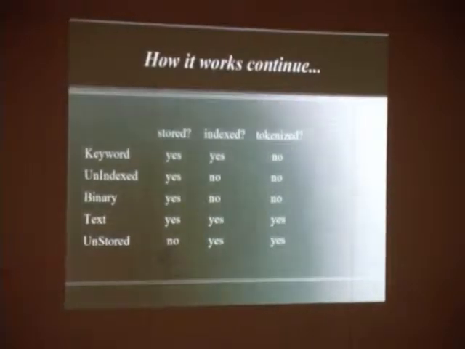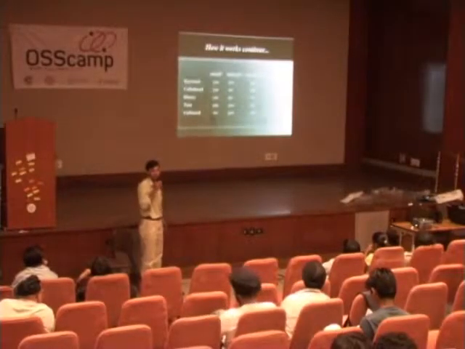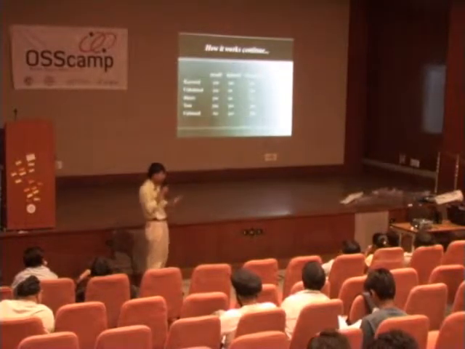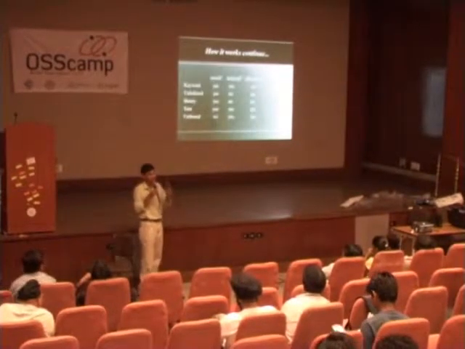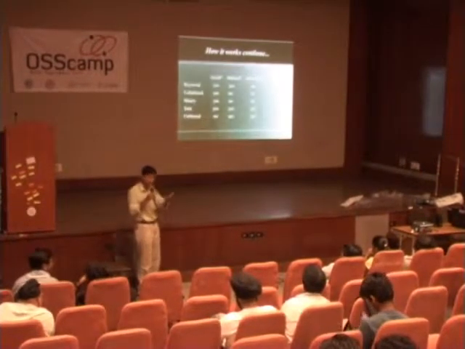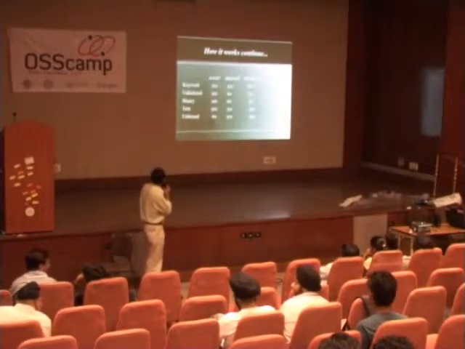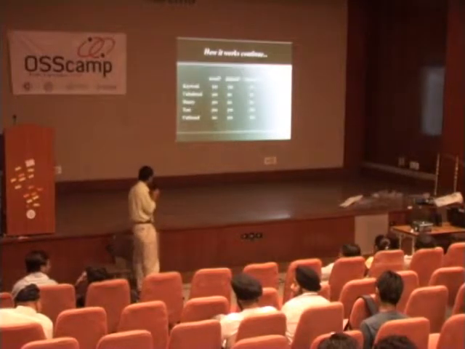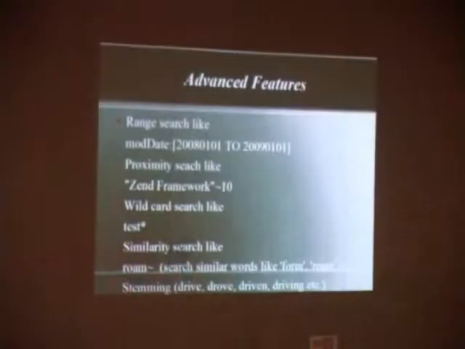Stored: if I just want to find out, and don't want every blob to be stored in the indexes, then I would just look into the blob, and based on my search, it will return me an ID, and based on that ID, I would look into the DB, and the DB will give me whatever I wish to find out. So unstored I use for longer text. For longer text I should use unstored. So it is done.